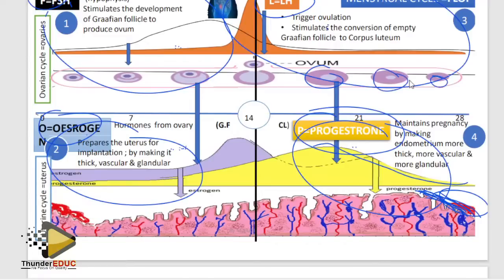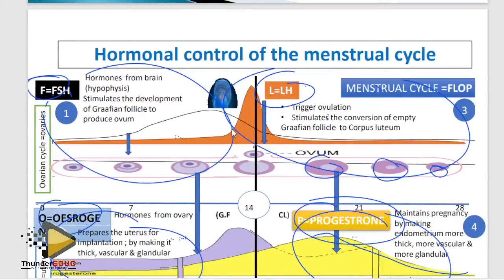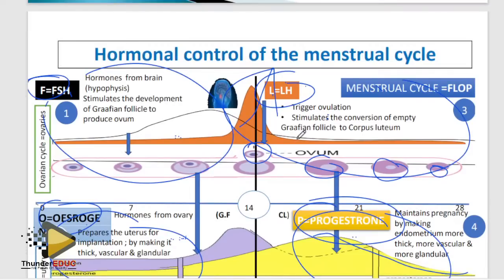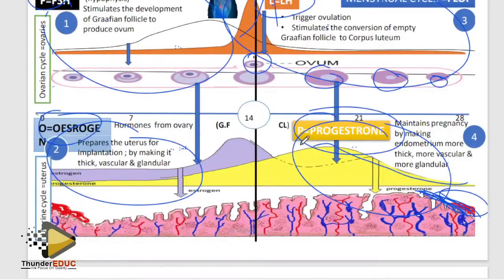Please know that. Which hormone is highest at day 14? Luteinizing hormone. Which indication shows that ovulation occurred on day 14? There is a release of ovum and there is an increase in the level of luteinizing hormone, because luteinizing hormone is triggering ovulation. In most cases when they bring this question, sometimes students go off. But don't stress, relax, do other questions, come back to this, you'll be able to answer it.